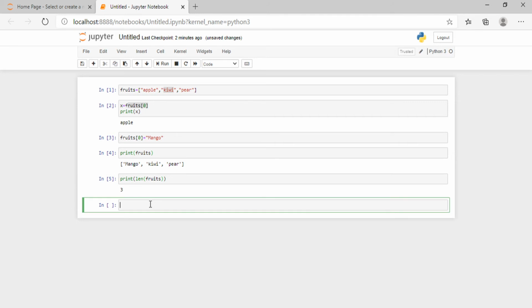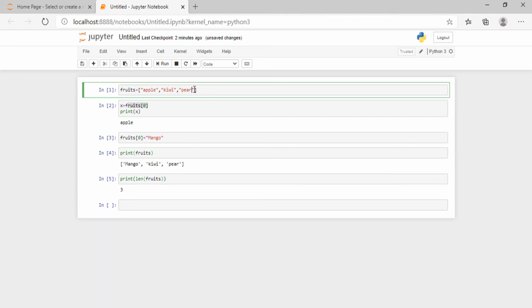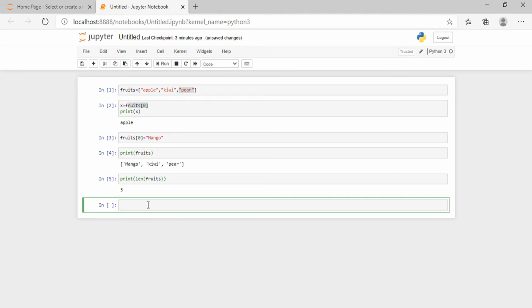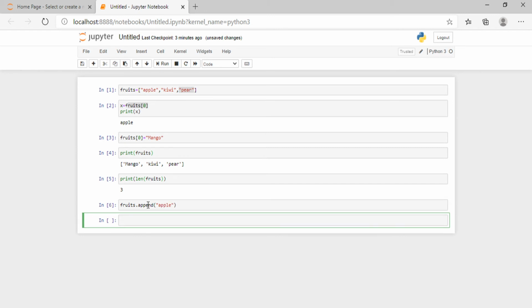For example, to add a new element, for example, to the end, so fruits dot append, for example, the apple, and if you print this,